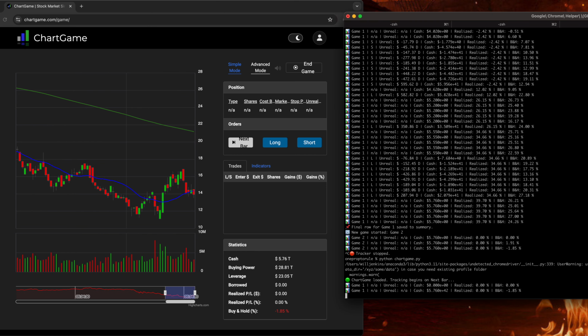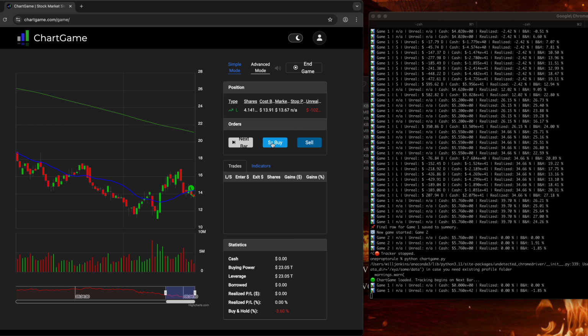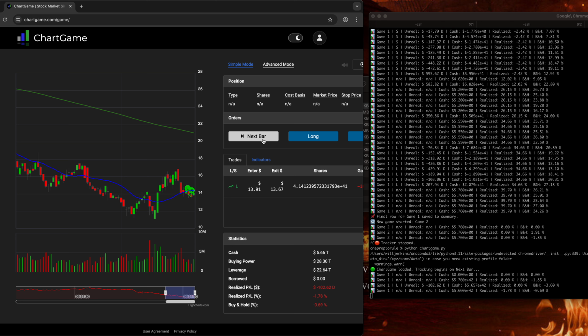Okay, so if we go to here, probably not a great long, but we're going to take it just to prove it works. So it initially didn't when cash was 0, but that was just the initial load, but now it looks like it is working. I have to take a loss there because I don't really like